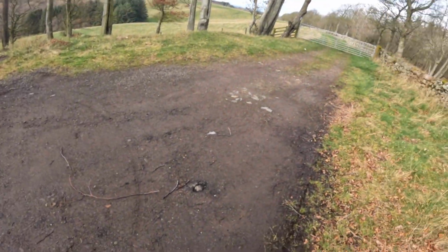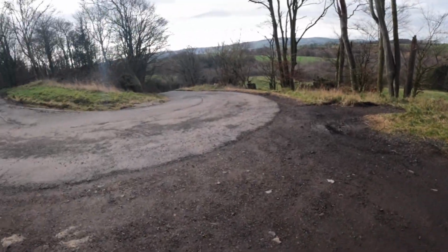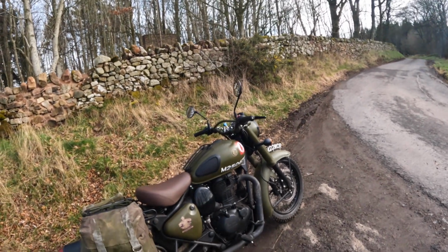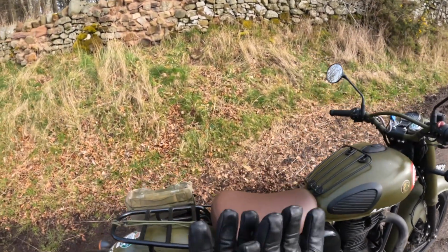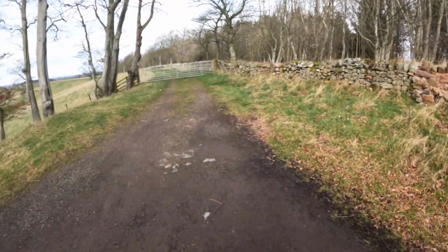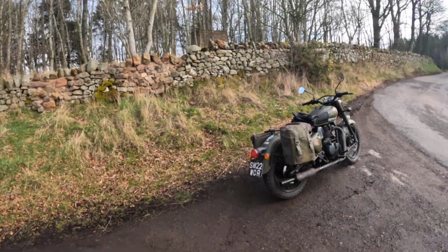So you can see how steep this was. It's down to first gear just before I stopped, as a vehicle would be coming up round here. So you can imagine in the summertime you wouldn't see into that wood, you wouldn't see that building sitting in there. And first thing you'd know when you came around that corner would be you'd meet a roadblock right there